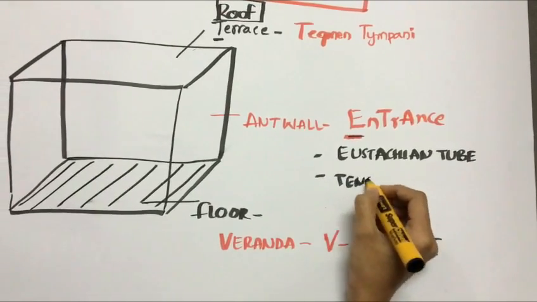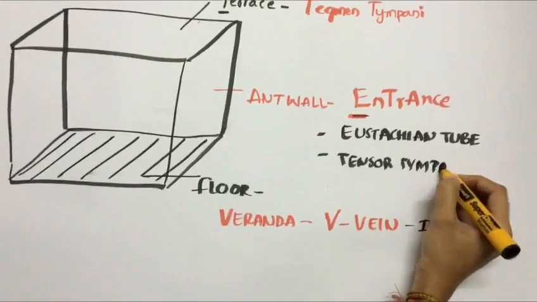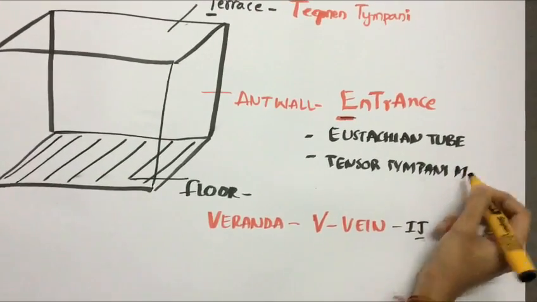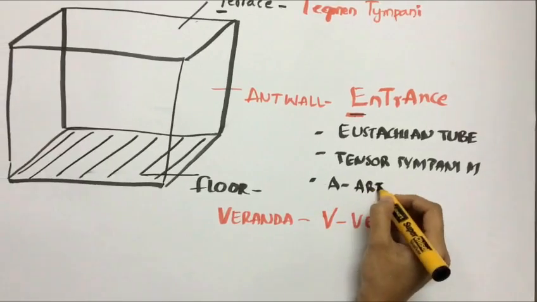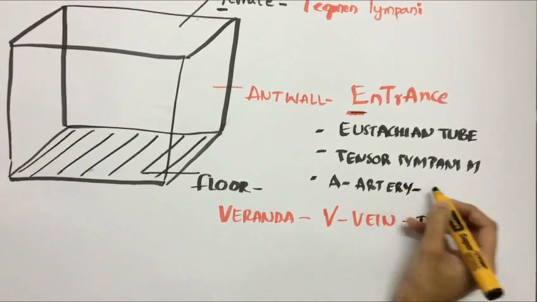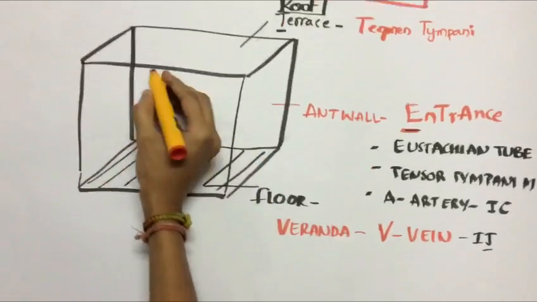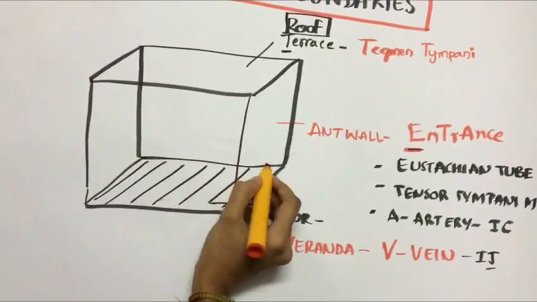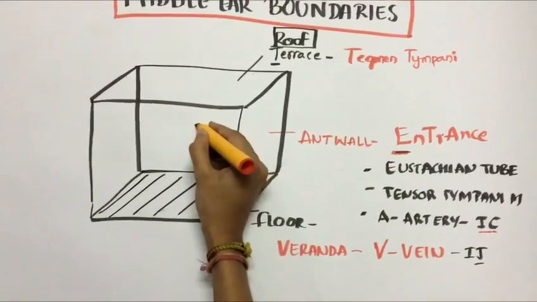T for tensor tympani muscle. And A for artery, internal carotid artery. The anterior wall is made up of a bony plate which separates it from the internal carotid artery, and there will be 2 openings